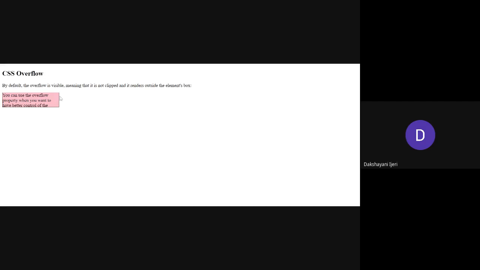You can see here the scroll bar is not visible at all. Instead, whatever content overflows the border or the background that you have set will be hidden. Neither will it be visible. It is just going to show you the content that fits into the background that you have set. Okay. So we'll use one more value as well, which is visible, and we'll see what difference it makes.